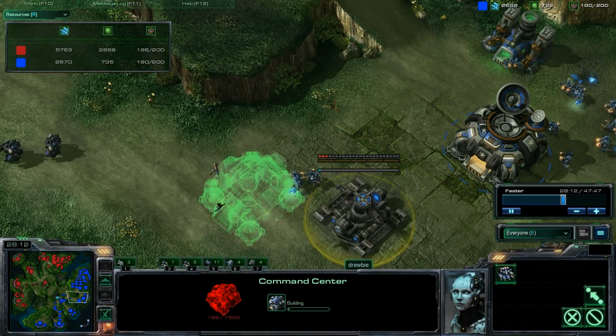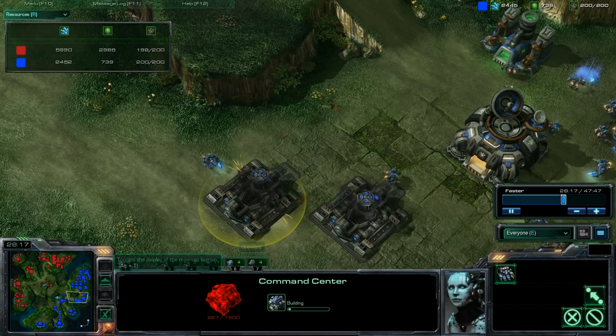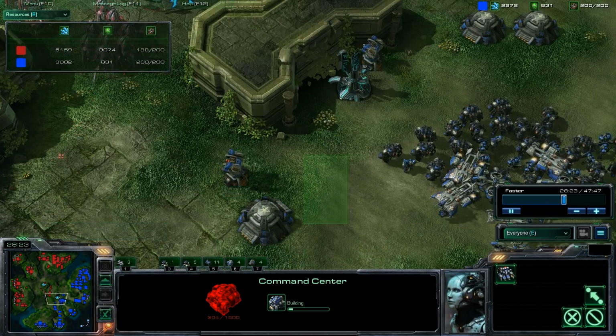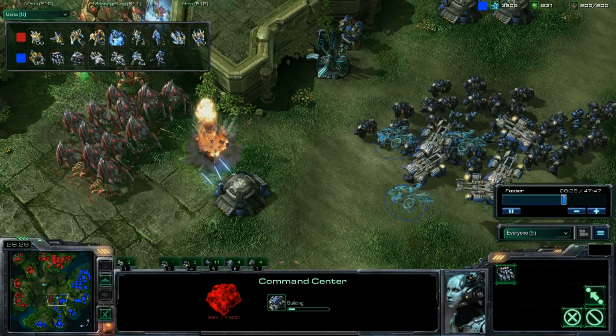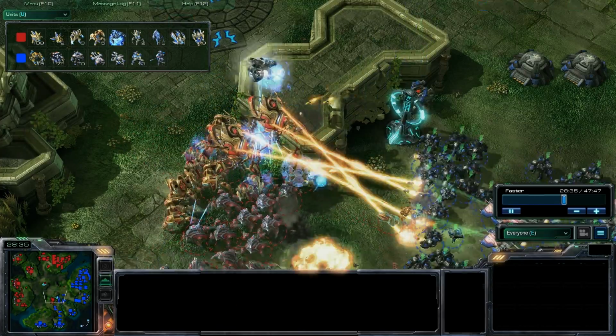Now working on another 2 command centers. So I'm not sure where he's going to be expanding to. He could be using these as planetary fortresses in the center of the map just to hold. He does not have many tanks right now, though. No tanks, in fact. It looks like we have Cloaked Banshees coming in, but there was an observer there, able